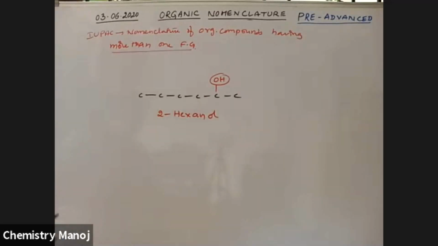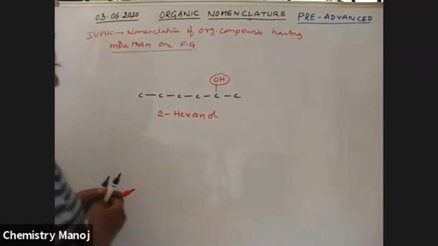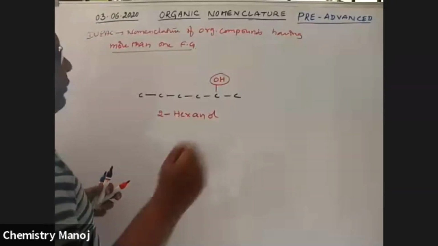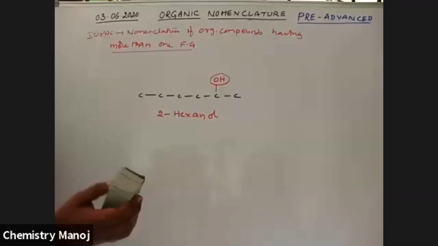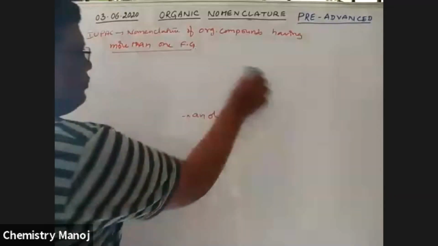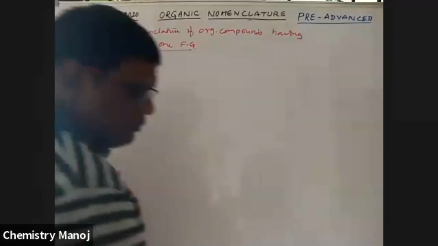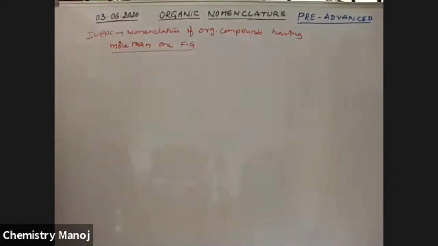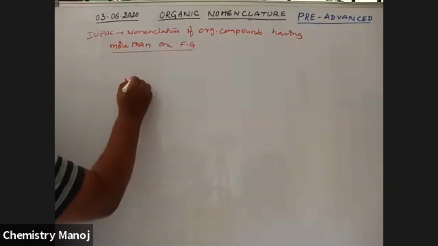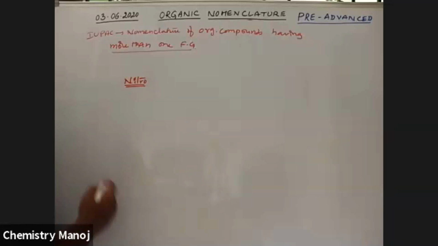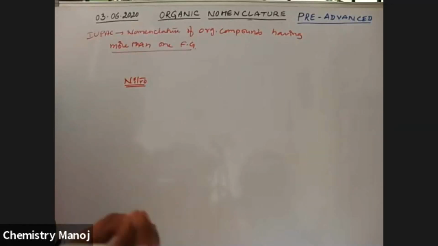So now I am taking one more example. My dear boys, before taking that one more example, one more class of compound. Please wait. I'm taking nitro compounds, another class of compound. I forgot that.